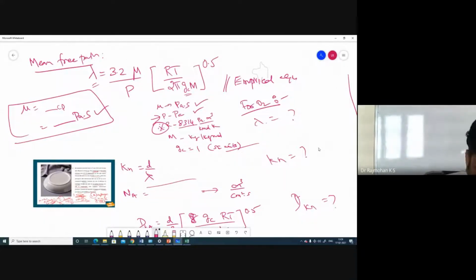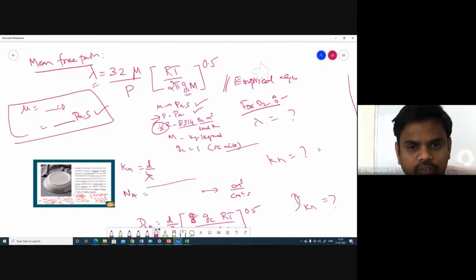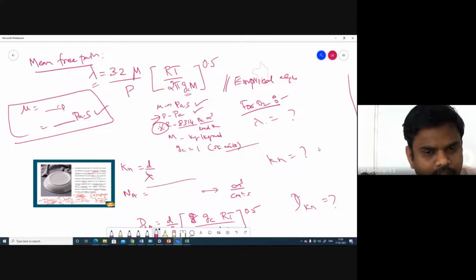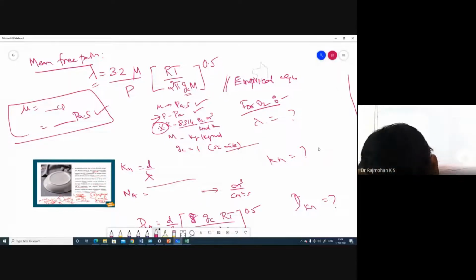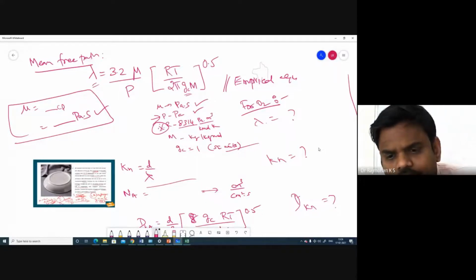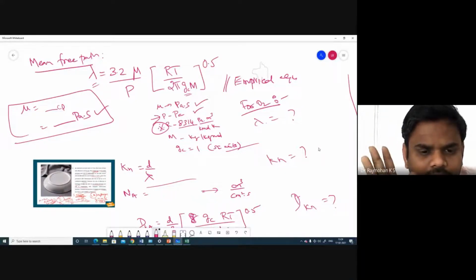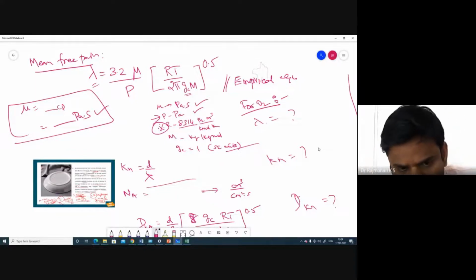Say in fluid mechanics, usually you will determine the Reynolds number before deciding which equation you are going to use, whether it is laminar flow or turbulent flow. If it is less than 2400, you will say that it is laminar flow. For turbulent flow you will use the Darcy-Weisbach equation; otherwise, for laminar flow, you will use the Hagen-Poiseuille equation, right? Similar to that, here also the first thing to ensure is to find the Knudsen number, and then say whether Knudsen flow is taking place or not.